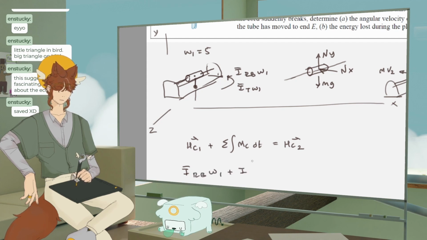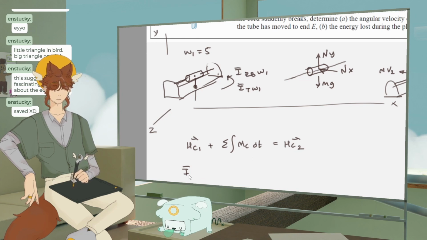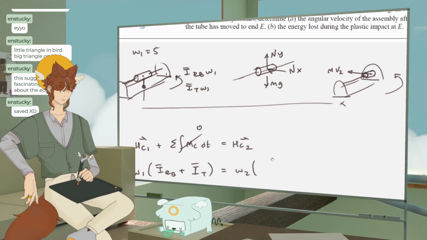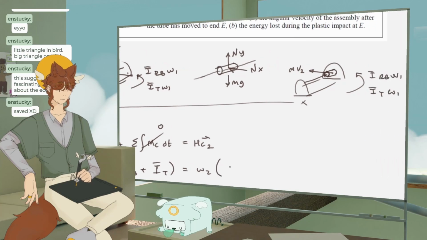Plus, I mean, they have different I bars, so I can't really, well, I guess I can do this. Come back, there we go, I have to erase it. Omega 1 times I bar rod bracket plus I bar tube plus 0. I mean, we can do that. Equals omega 2, and then we want to say I bar RB. Oops, that's